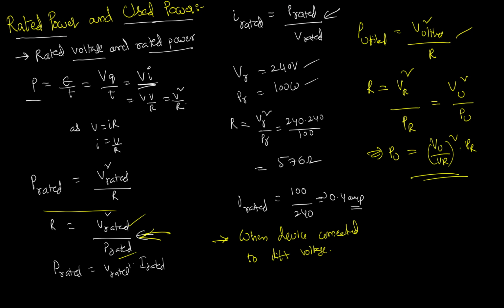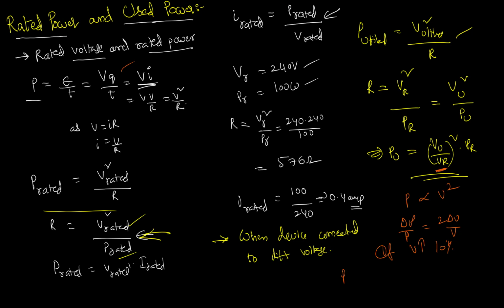So be careful. From here we can say that if voltage increases by a certain percent, power is directly proportional to V square. Using any of these equations we can say delta P by P is 2 into delta V by V if it is an approximation. But generally that's not the case. So if somebody says the voltage is increased by 10%, then I can write